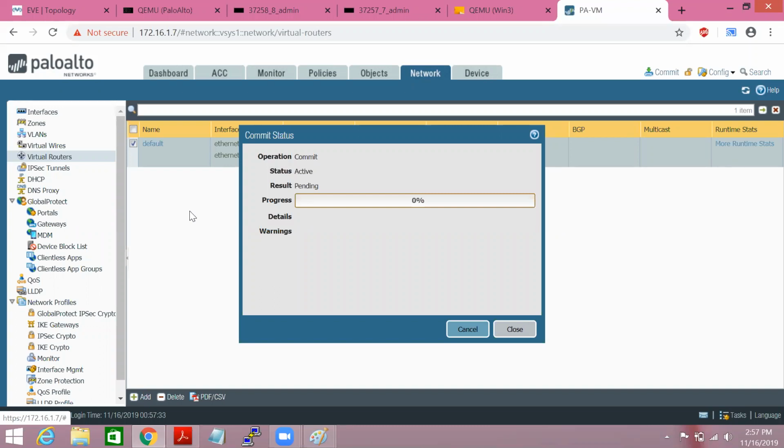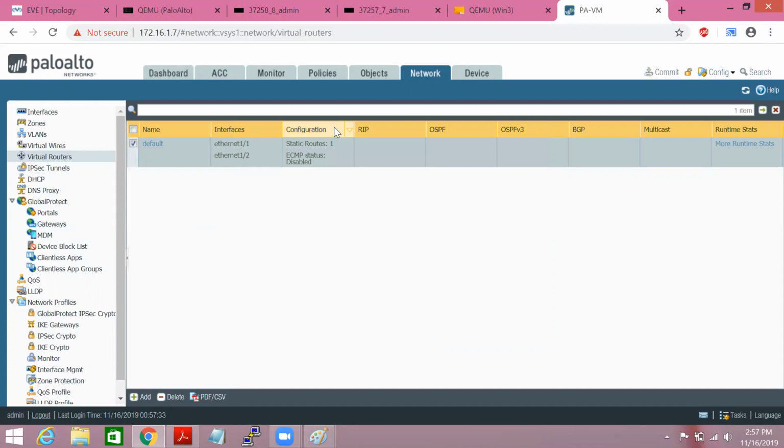Once you commit, your firewall will be able to connect to the outside, meaning it can connect with google.com, Facebook, Yahoo, YouTube. It can access any website hosted on the internet. So you just have to remember these things. If you want to avail internet on any device, first you have to configure the WAN IP, then give a static default route in order to provide internet.